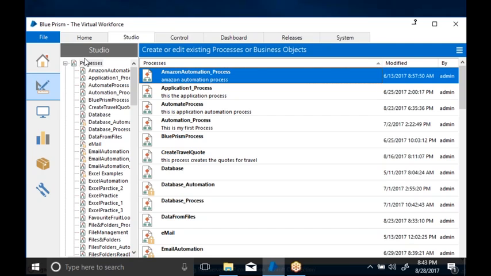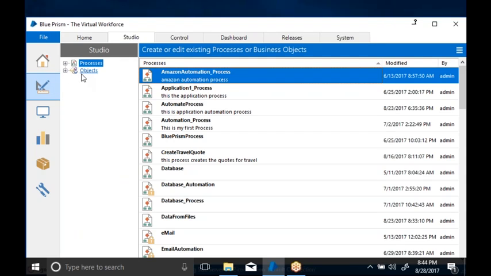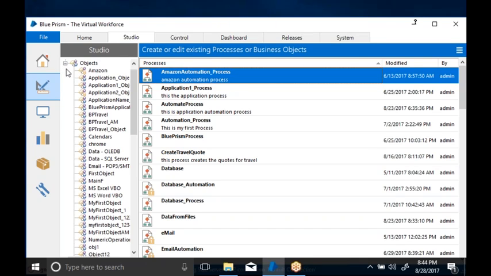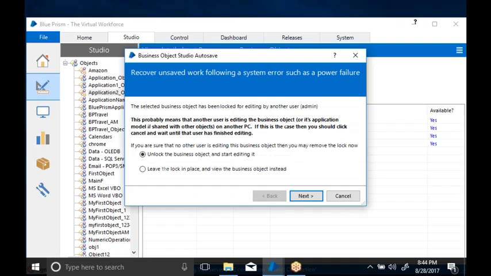In the Studio, we have two things: the Process Studio and the Object Studio. We use the Studio basically to develop and automate any application or any process. We have already seen the use of the Object Studio. Object Studio will be used to automate the application, and Process Studio will be used to map whatever applications are automated using the Object Studio as a process inside the Process Studio.